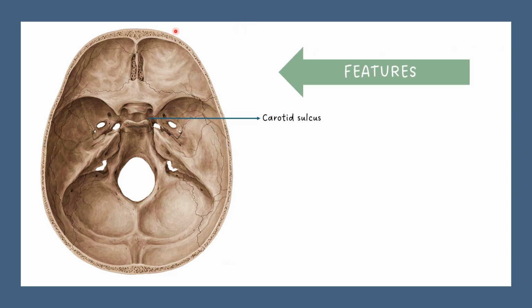The carotid sulcus is a shallow groove on each side of the body of the sphenoid. It lodges the cavernous sinus, which encloses the third part of internal carotid artery. This carotid sulcus extends posteriorly up to the foramen lacerum, and at this posterior end, the lateral margin projects backward into a tongue-shaped lingula, and this lingula lies over the posterior opening of pterygoid canal.